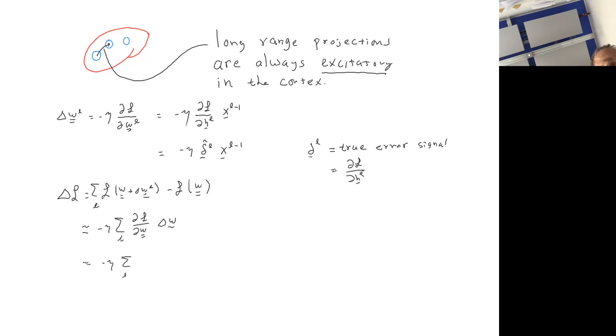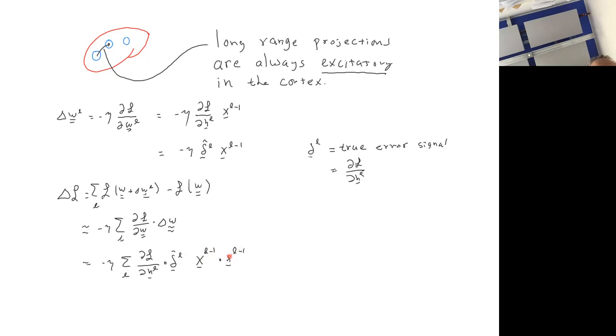So a partial of L is a dot product here. It's a giant dot product involving matrices, but we can write the partial of L with respect to HL dotted with our learning rule, which now involves this delta L hat, and then it's this other term, XL minus 1 dot XL minus 1. So we can assume the brain can calculate this. It just has to remember that on the first pass.